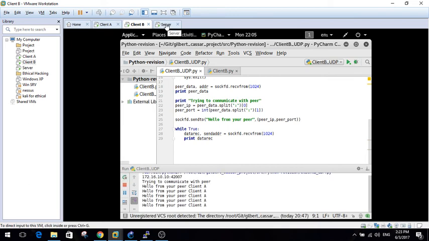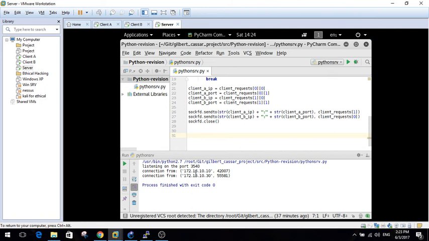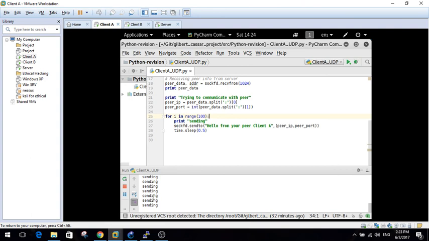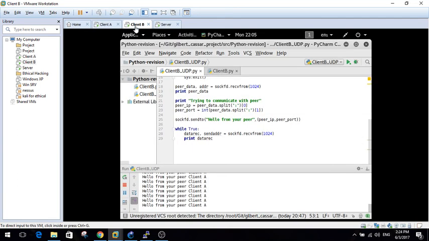And first, take a look at the server. As you can see, the server is storing both of the IP and port of client A and client B. And if we hop on client A, we can see that it is displaying the message saying sending. As you can see from the number here, it will stop at 100. And if we go on client B, we can see that a message is displayed saying hello from your peer,